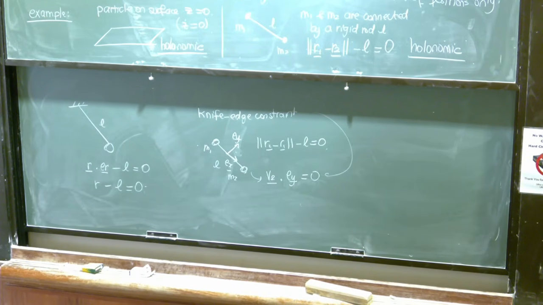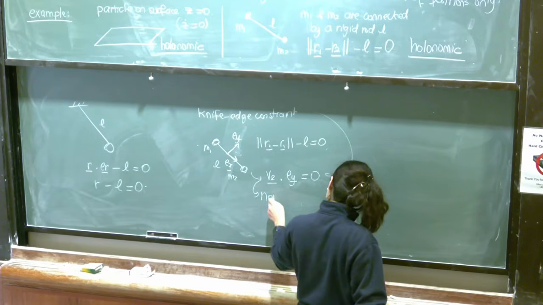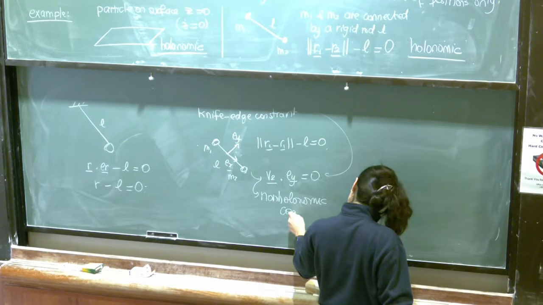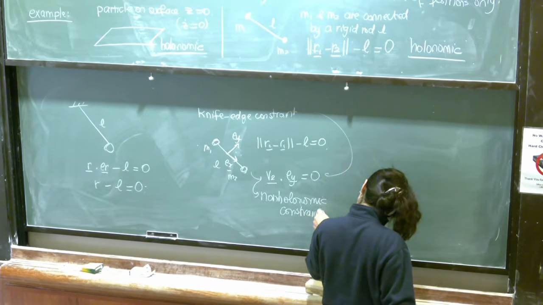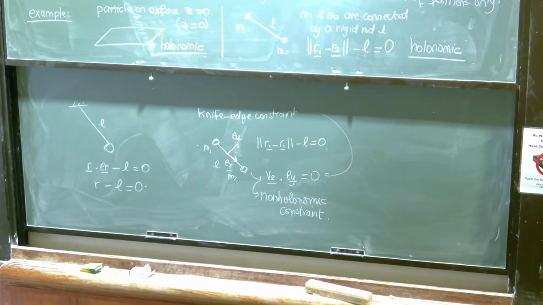And this constraint turns out to be non-integrable. I cannot write it in terms of position coordinates. It can only be written in terms of velocity coordinates. So this is a non-holonomic constraint. Now, there are criteria that can be applied to a constraint to determine if it's integrable